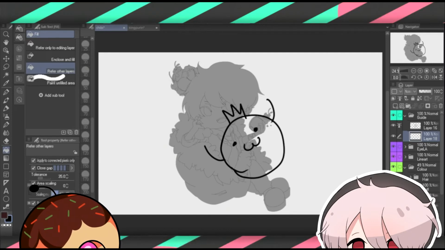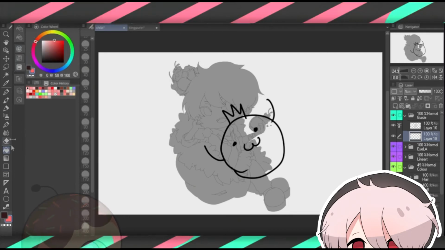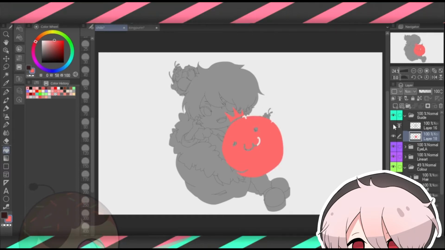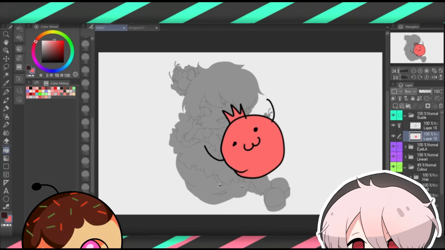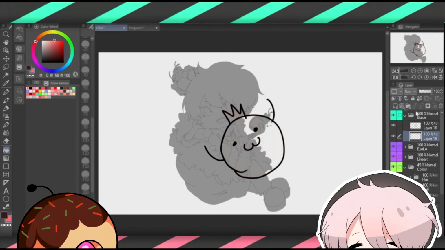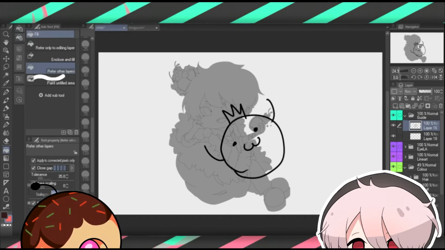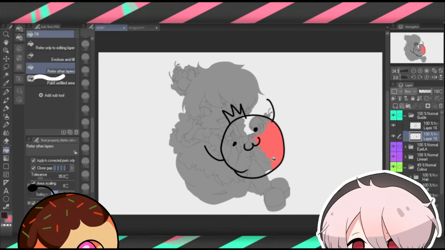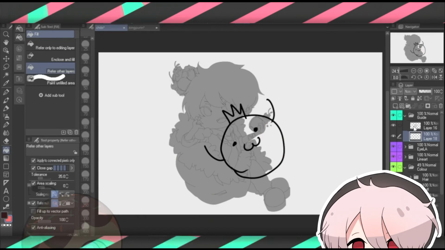So select this symbol over here, take a color, and then everything that will fill in will use this line art as a reference and not the whole line art. For example, let's delete this filling. If I no longer have this set as a reference layer and I set this back to refer to all layers, then it will also refer to a line art of a chibi in the background. So if you don't want that to happen, you can select this to be a reference layer, then go to fill, make that a reference layer, and then you can just fill in the color only to the line art